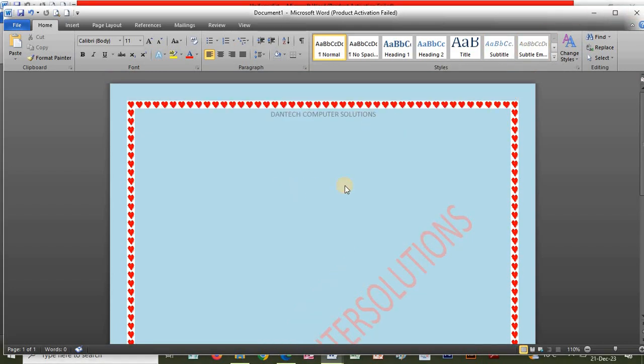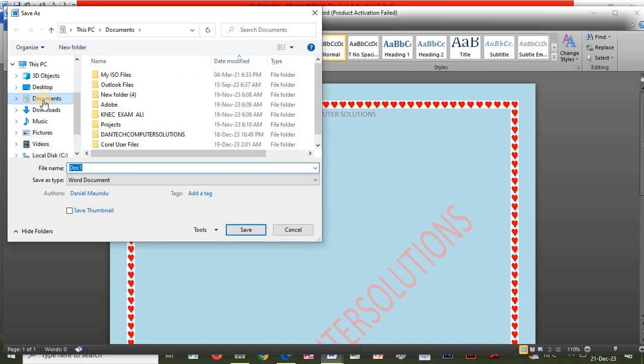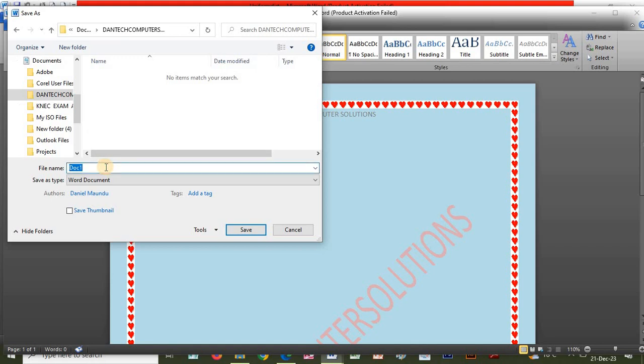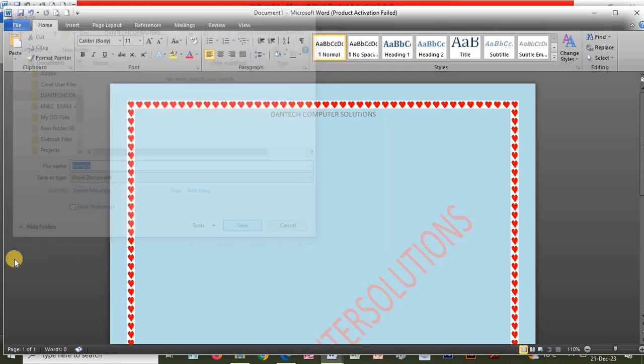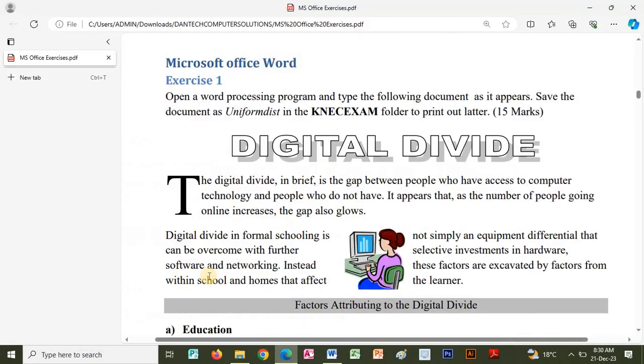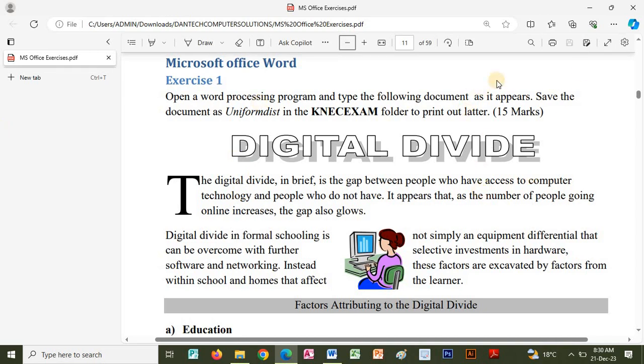I can save it. I can click on Documents. I can click on My Documents. Then I open the Dantec Computer Solutions. Then the file name, I can just call it sample. I can call it sample, then I click Save. So that is it. So we'll go back to our question, whereby we had seen that we key in the following